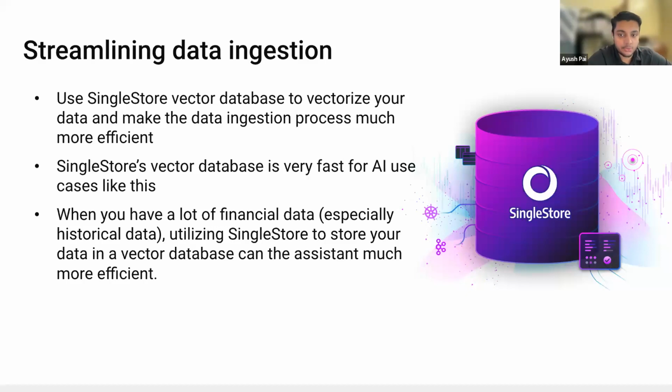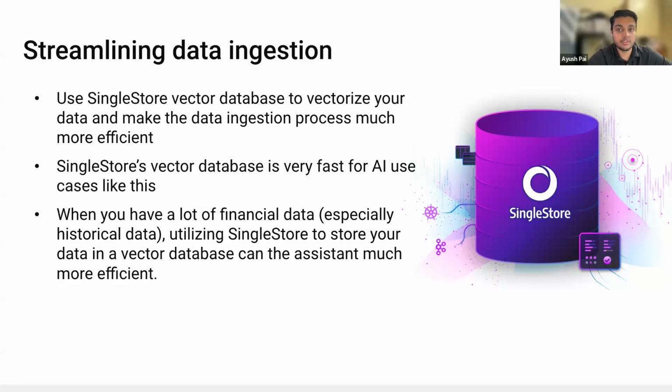And when dealing with substantial data sets, especially historical financial data, the benefits of utilizing SingleStore become evident. The key to SingleStore's effectiveness really lies in its ability to vectorize data by converting financial information to vectors and create a format that's not only highly efficient for storage, but really optimized for AI-driven analysis. And this vectorization really simplifies the data access and retrieval process and allows our financial assistant to access important